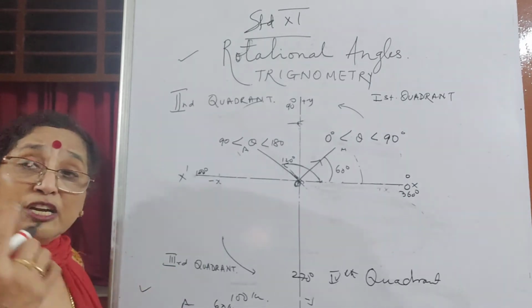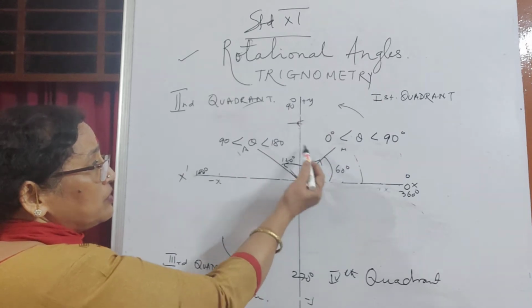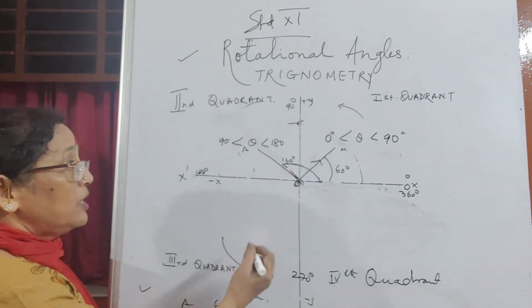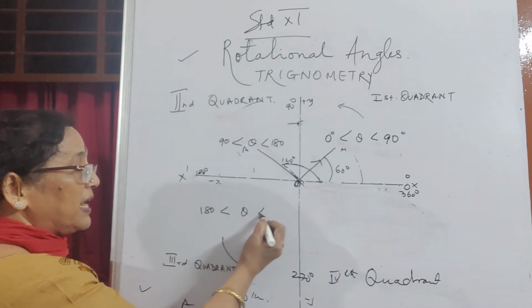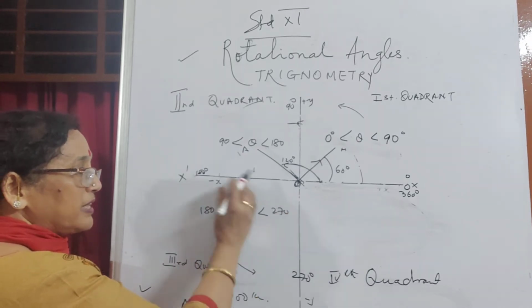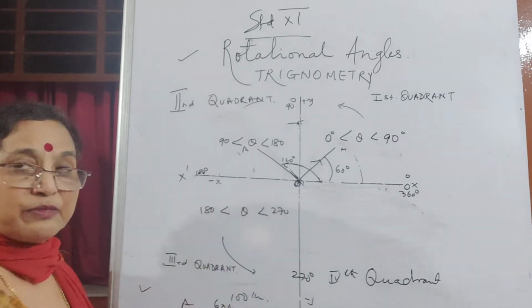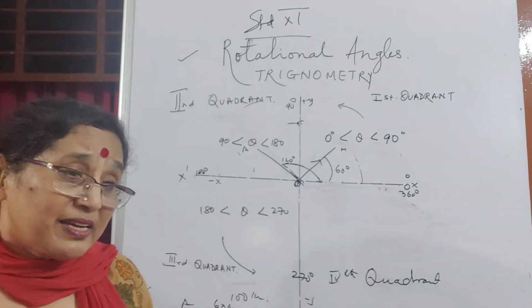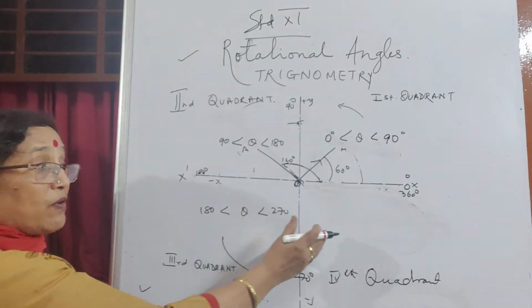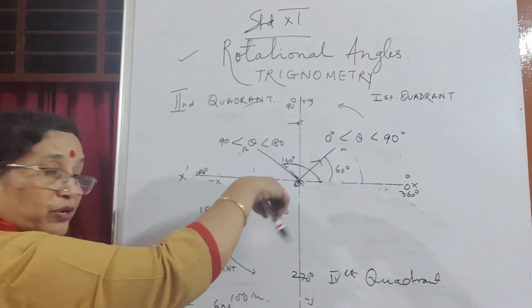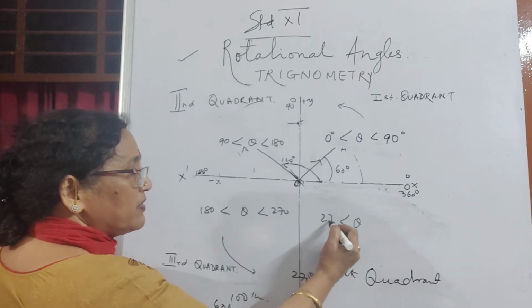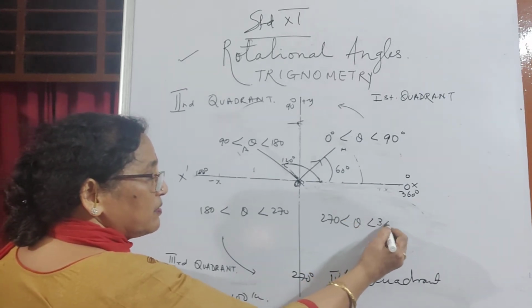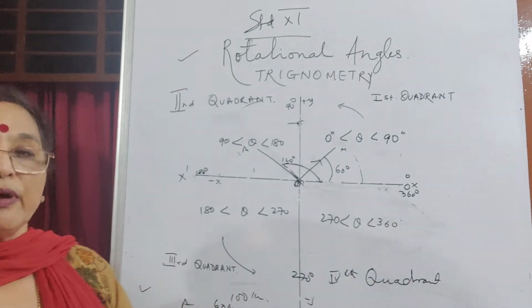The next one, third quadrant, means you're going from here to here, 180 plus. So this angle is greater than 180 but less than 270. Anything between, not on the boundary line. That's why I didn't put the equal to sign, right? Now I come here, remember I'm going round. And here, any angle which is greater than 270 and less than 360, right?